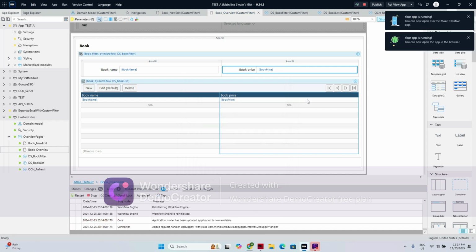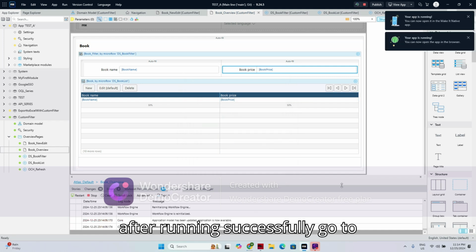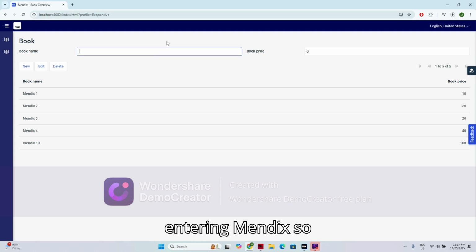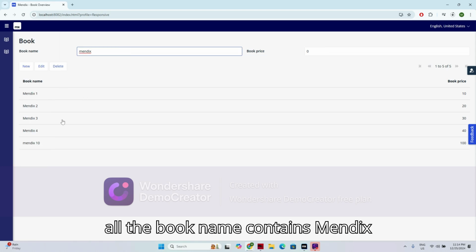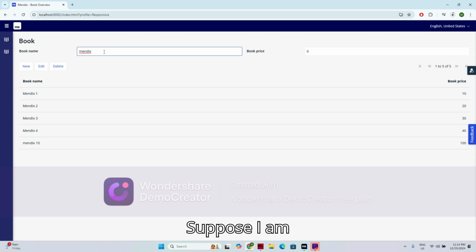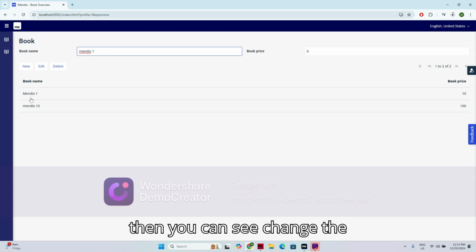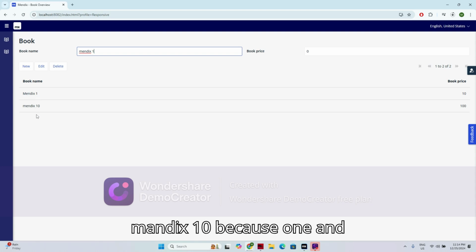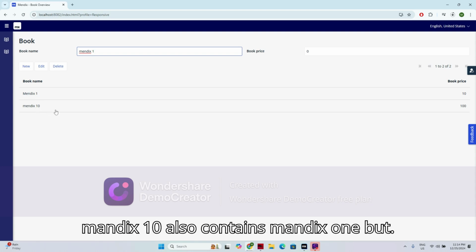application. After running successfully, go to the browser and now test your filter. Suppose I am entering Mendix. All the book names contain Mendix, that's why this is showing all the values. Suppose I enter 1, then you can see the value change. Here it is showing only two values, Mendix 1 and Mendix 10, because Mendix 10 also contains Mendix 1, but